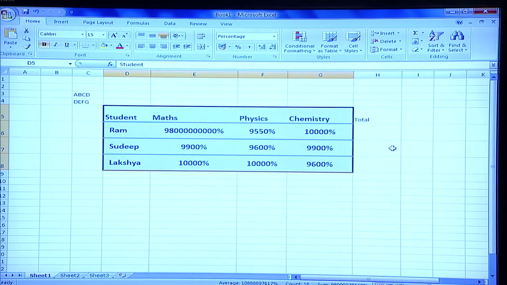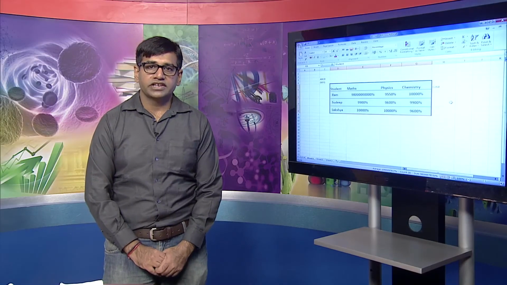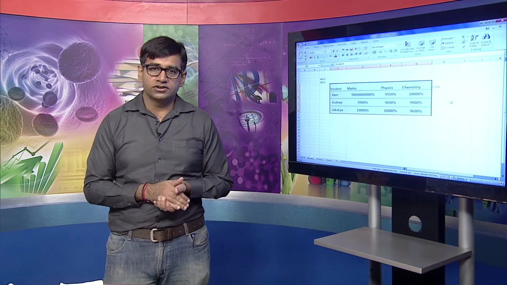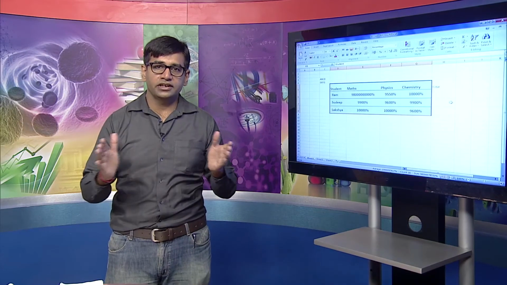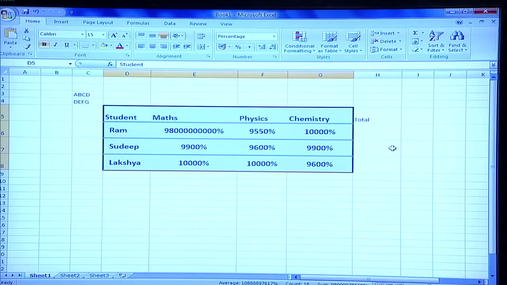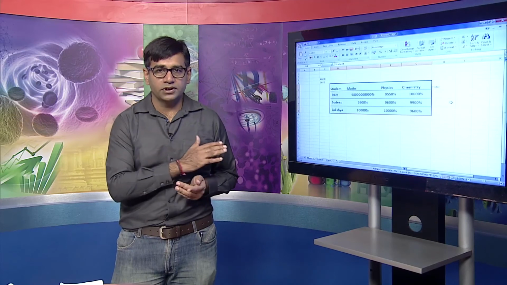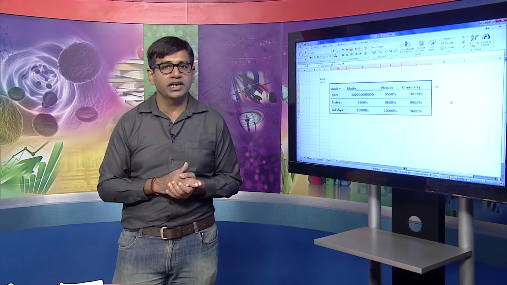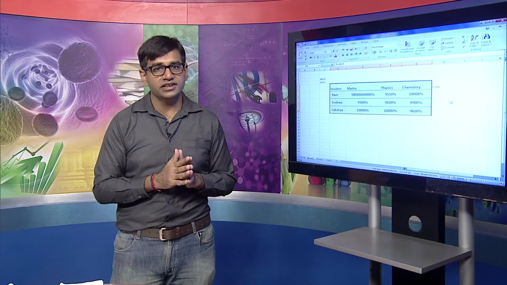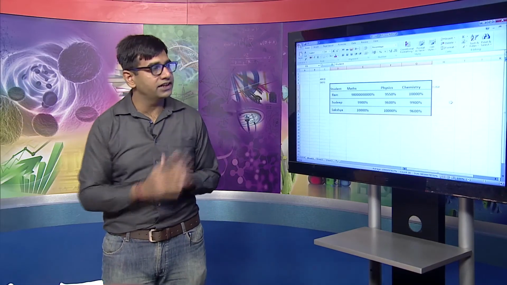There are other options available as well for number formatting, which can be done using Microsoft Excel on its own. If you want to design your data as numbers, a table or a tabular format, and you want to make sure that nice formatting is done, you can actually skip all of what we have just discussed. Microsoft Excel provides some very easy tabular formats available in the styles tab only.